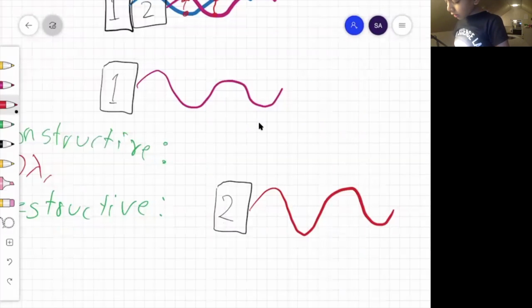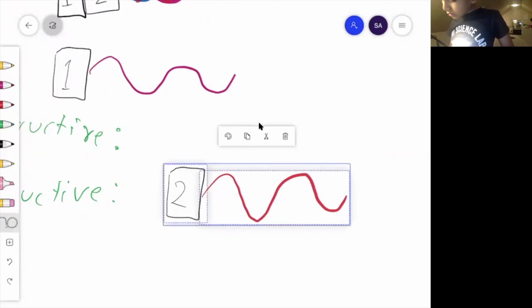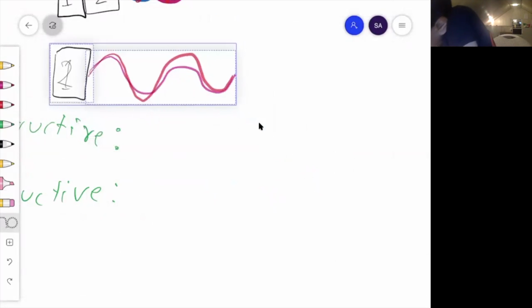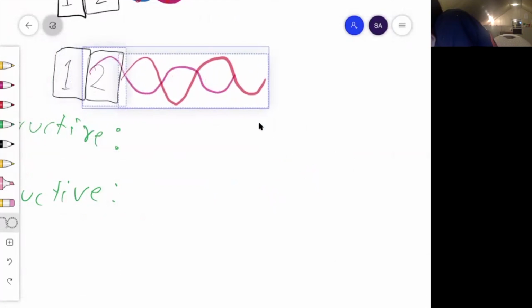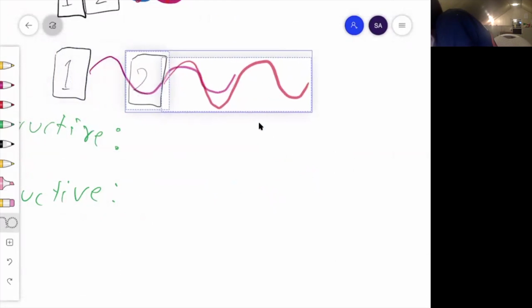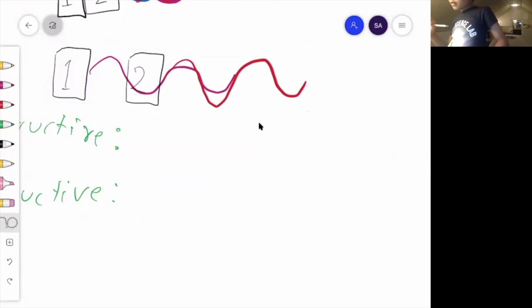So now, let's see where we're constructive again. So let's select this, and we're going to move it there. That's destructive. We need constructive. Okay. So now we have constructive again.